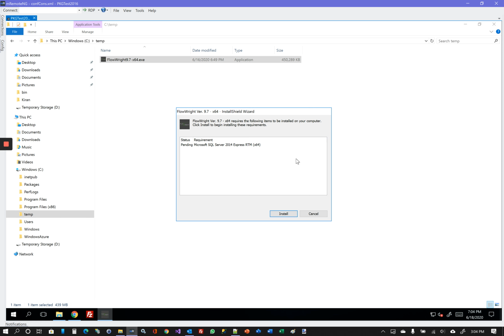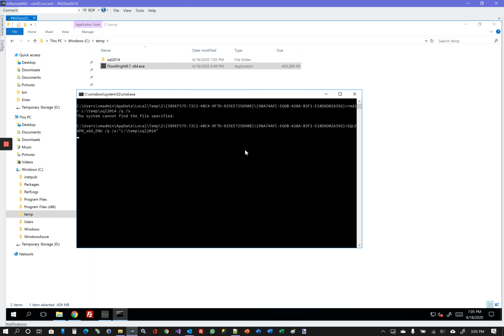In this particular installer for the trial, the first thing it's going to ask is to install Microsoft SQL Server Express. And I'm going to go ahead and say install. In this case, the install will automatically expand and install the files and configure an instance of SQL Server Express